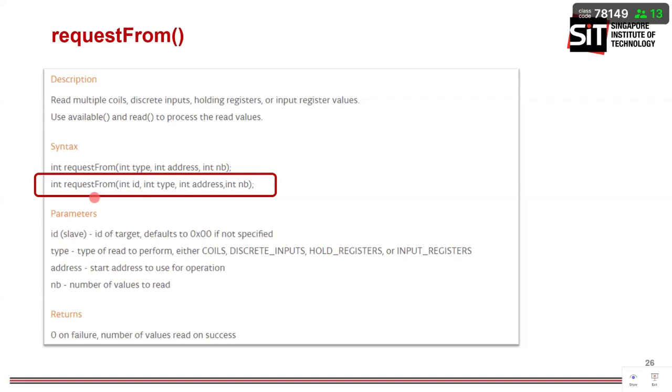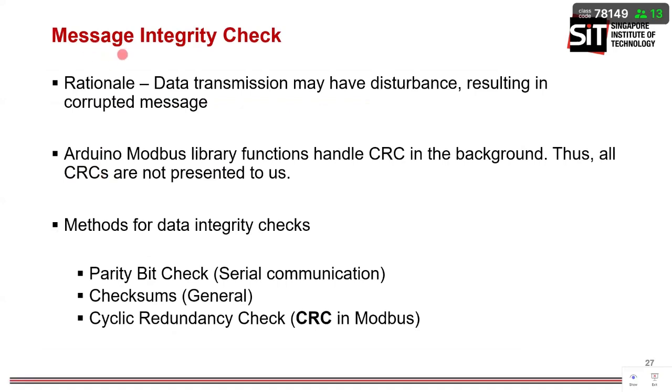Okay, in the Modbus protocol, we have been discussing quite a bit on address already, or the unique ID. Something that we have not talked about is actually the error check, right? So last week, you have learned from Prof. Howard, right? You should know by now what is a parity bit check. This is part of the serial communication RS232, where it will do a parity check as part of the feature to make sure that your message is not